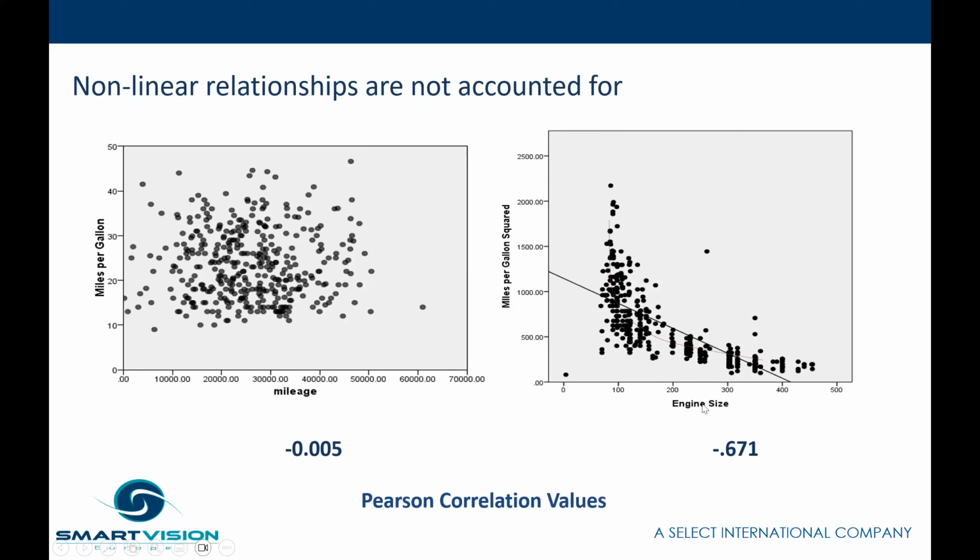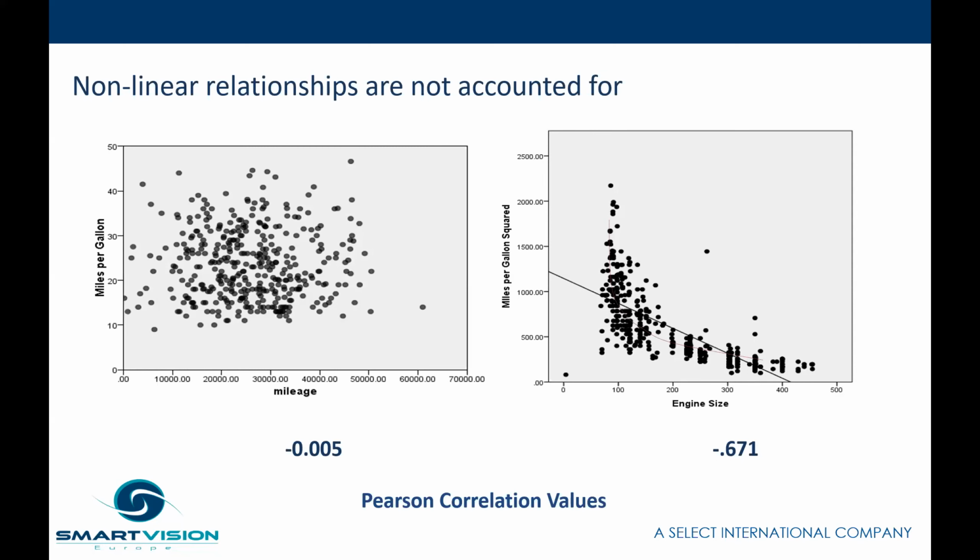And the last thing here is that we have engine size against miles per gallon squared. I've done that on purpose to create this hooked, curved relationship. Correlations can't see curved relationships, they're blind to them. It's just looking at the straight line, it is not looking at this curved line. So they're limited in that sense. They can only see straight line relationships, even though this is quite a strong correlation here, minus 0.671. So the closer they are to -1 or +1, the stronger the relationship, and the closer they are to 0,